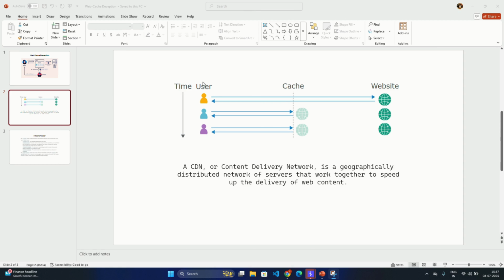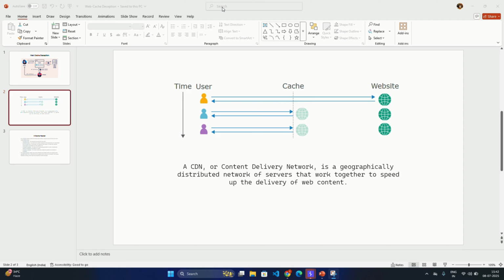Whenever a user requests any data or static content from an origin or a server, first the request is sent to a web cache system. If the web cache has the data, it sends its response to the user, and if it does not, it redirects the request to the website origin. The website origin processes the request and sends it back to the user via the cache. The cache then stores the data in its system, and whenever any other user requests the same data, the cache is capable of showing the result to the user.